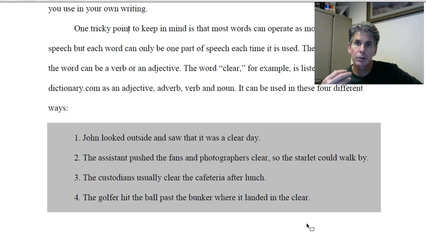So for the sake of this chapter, I am going to separate form from function, but it's very important to understand you really can't do that. When you're using the language, form and function are going to overlap. They're going to inform each other. Certain forms are going to function only in certain ways. They have a limited number of functions, but it can be more than one. The word hit, for example, can function as a verb or as a noun. So there's going to be a back and forth between them when we actually get to it.